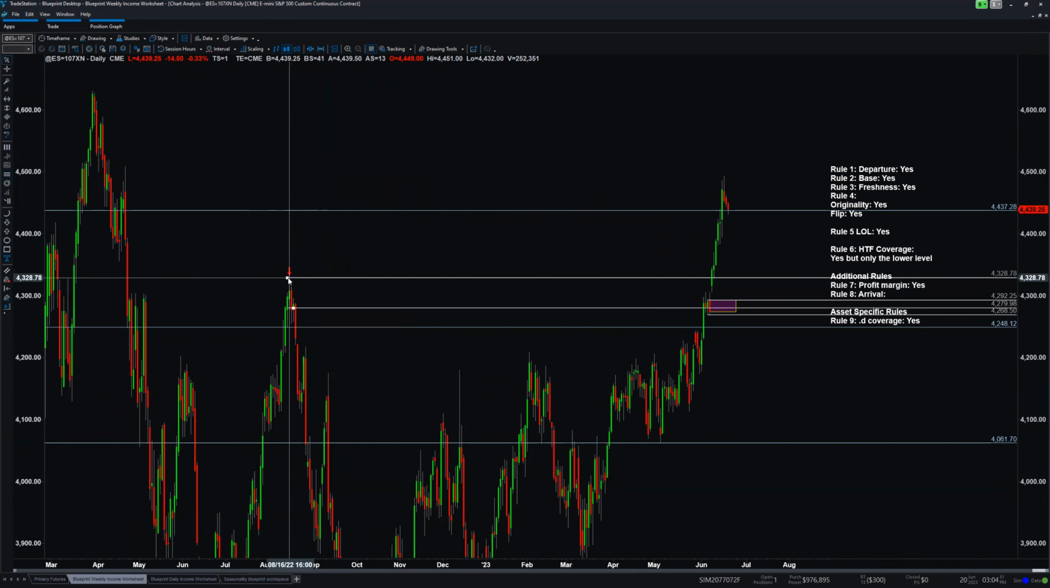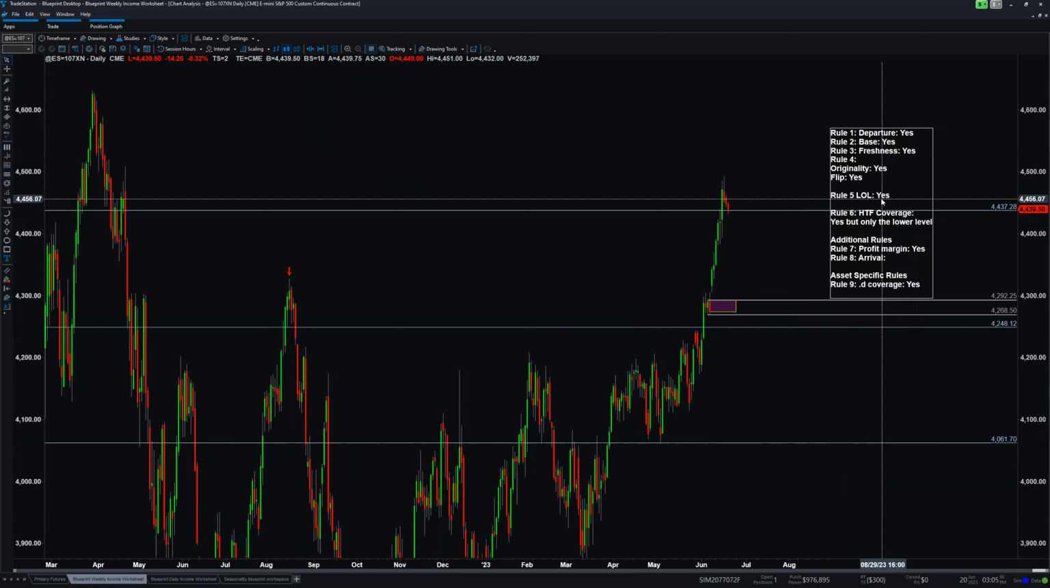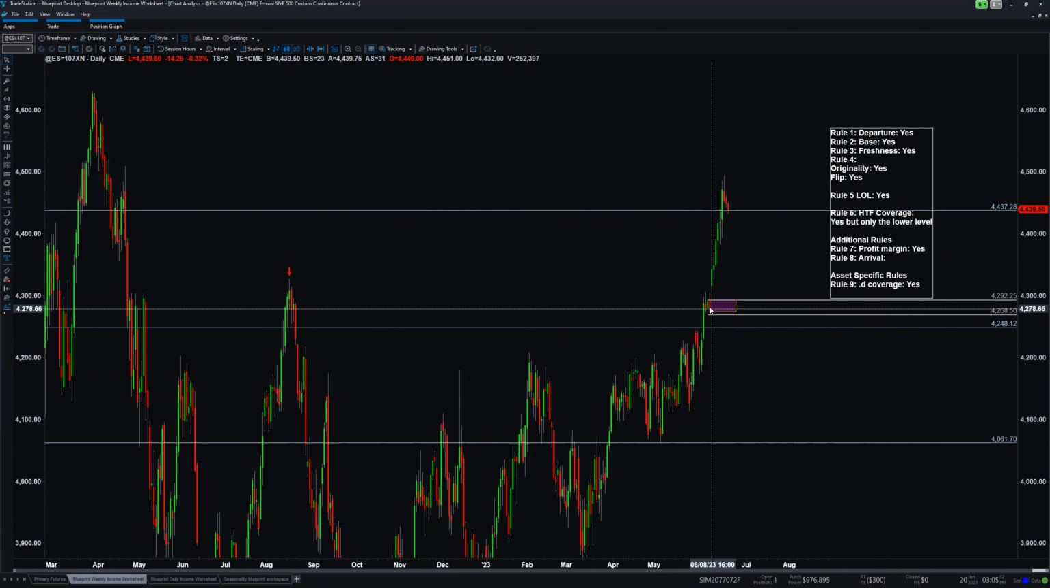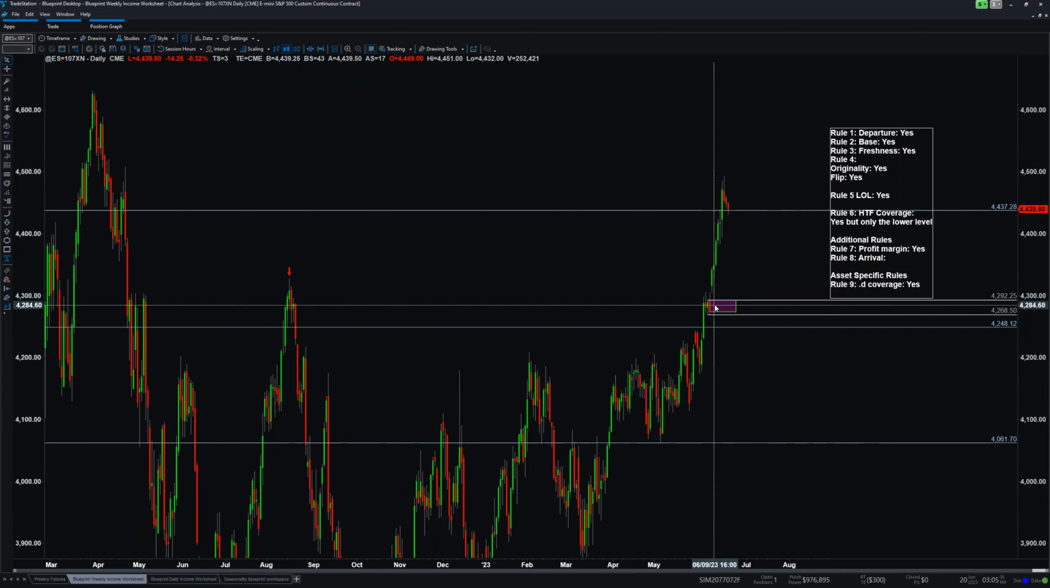And what did price do? Price just broke through that like a hot knife goes through butter. So this is not just original, it's also a flip. What about higher time frame coverage? Well, we already know that in terms of the higher time frame coverage, this is not, but we need to